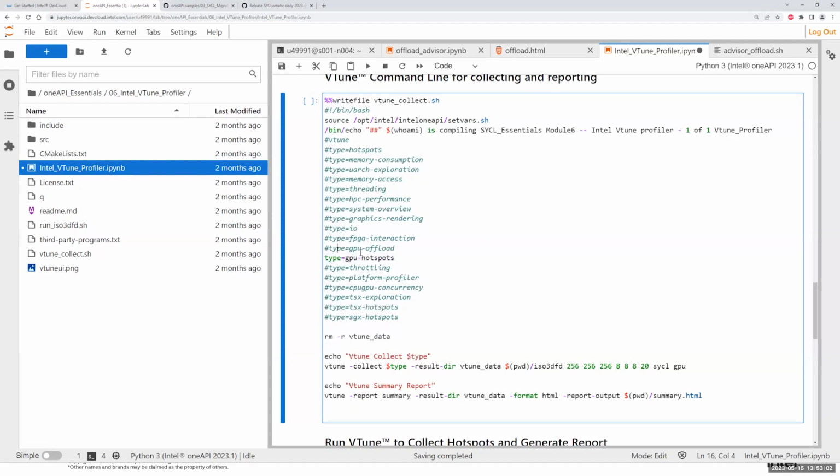If you want, you can try other options. By default, I'm just collecting the GPU hotspot. But if you want to collect other information like just the memory access, you can just uncomment this one and then run the script again. And all this will do is create a directory called vtune_data, and then it will collect the GPU hotspot data, and then finally we ask it to create an HTML file, right, which will give you the summary. But if you want to do more analysis, you'll have to have VTune installed locally on your machine,